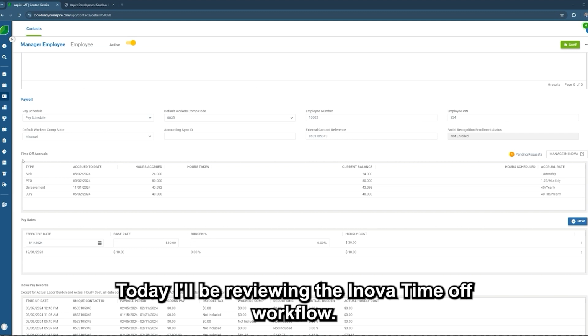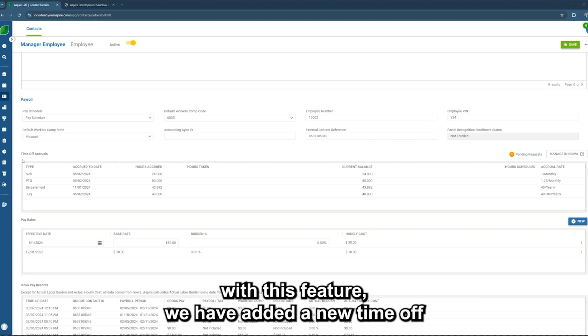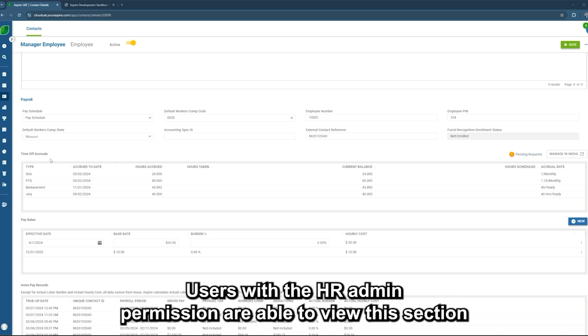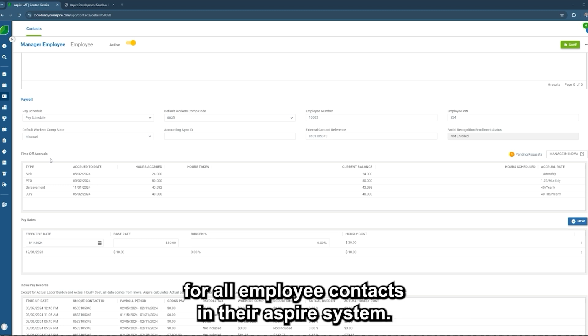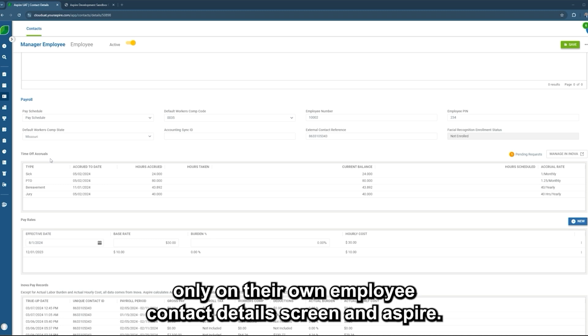Today I'll be reviewing the Inova time off workflow. With this feature, we have added a new time off accrual section to the contact details screen for employee contact types. Users with the HR admin permission are able to view this section for all employee contacts in their Aspire system. Users without the HR admin permission are able to view this section only on their own employee contact details